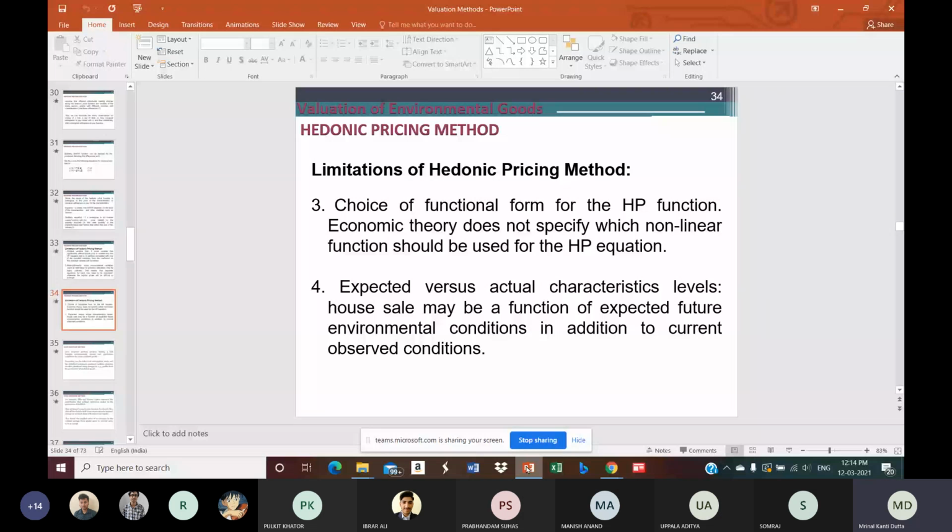We try to link any environmental quality in the case of the hedonic pricing method with the housing market. Now, if there are certain environmental goods which are not linked with the housing market, then what will happen? Will the hedonic pricing method work? Going by the method itself, we cannot say that it will work if it is not linked with the housing market. So that's a big problem. Even for those goods which are linked, the method will provide an indication of partial value.